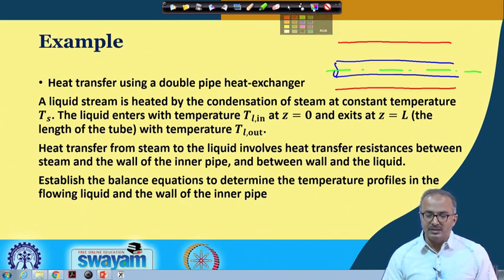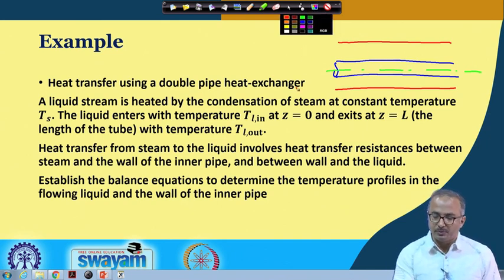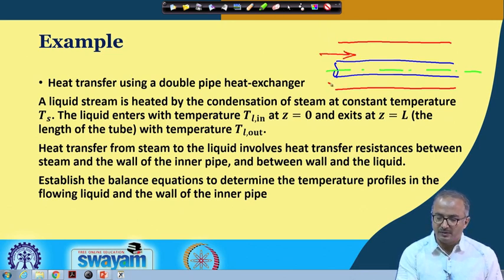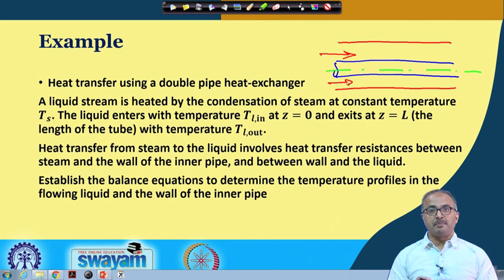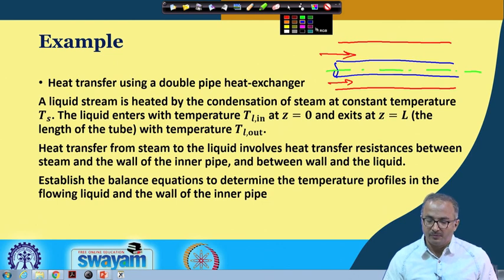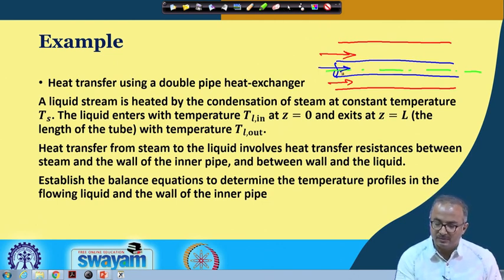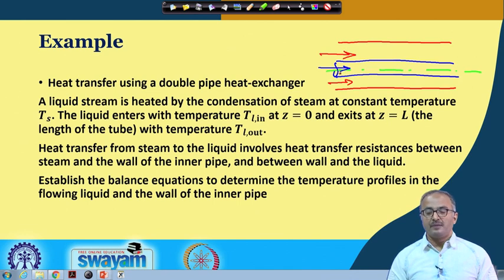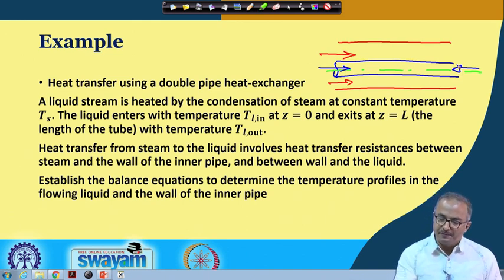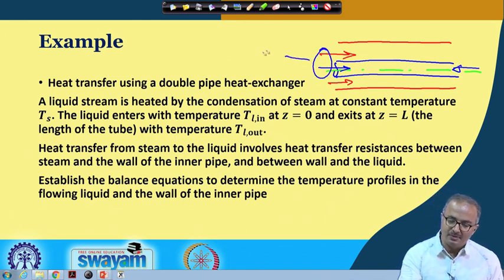Now, you see that in these two pipes, you are having two fluids. So, suppose I am putting fluid 1 over here, okay, and this is the annular space between the inner pipe and the outer pipe, and the other fluid may be going through this, the inner tube. Okay. Now, you see that again in this case there could be variations in the configurations. I can put this particular fluid in the same direction as the outer fluid, or I can also put it in this direction. Okay. Now, if it is in this direction, then we call them parallel flow.